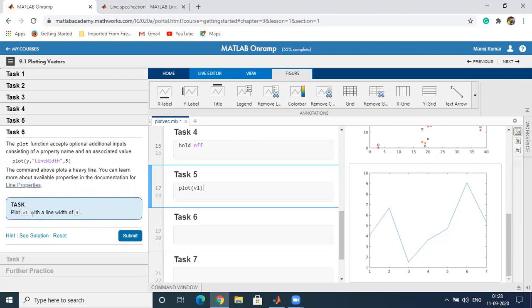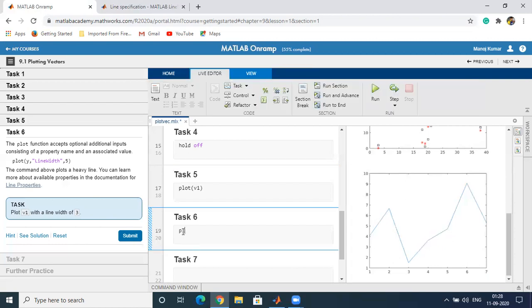Task is to plot v1 with the line width equal to 3. We will add plot v1 with the line specification in double inverted commas, and then the line width. You can see by default here the downward arrow LineWidth, and we have to specify 3.